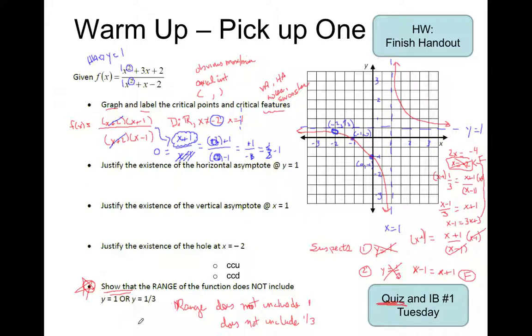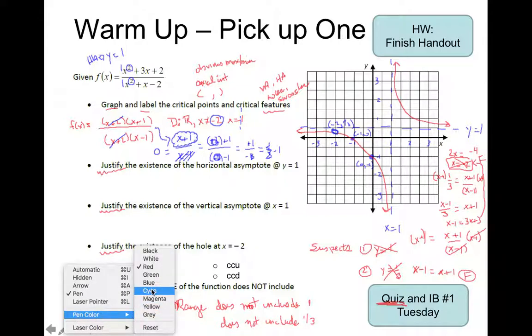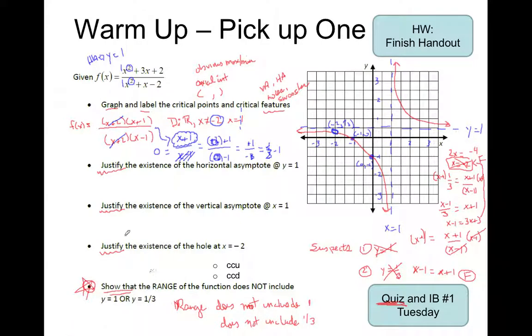Okay, so now let's go to the next questions. Notice that the next questions all say justify, justify, justify. Remember, with the word justify, I'm going to be a little more fancy about the language that you use. So the justify should mean to you